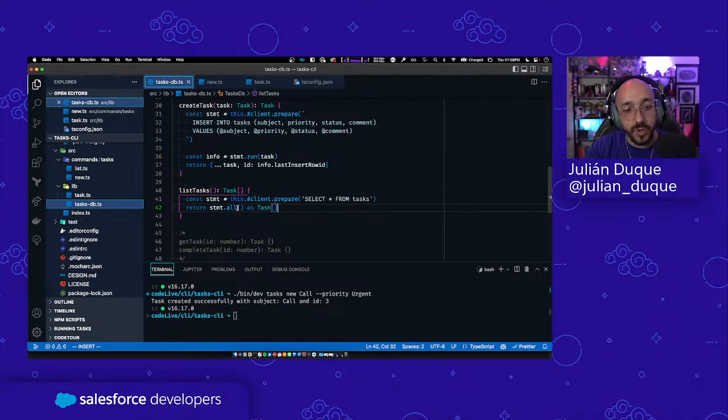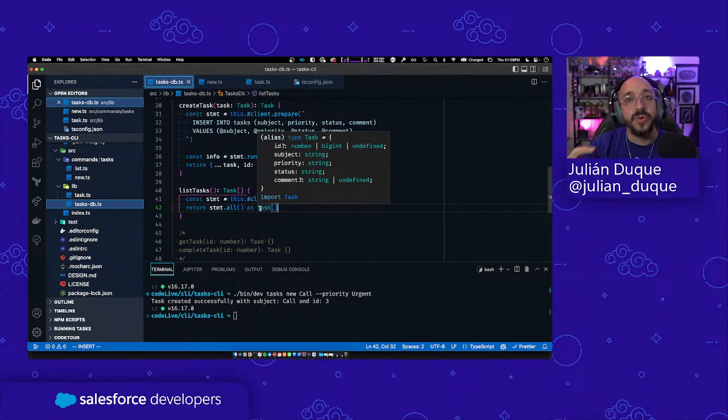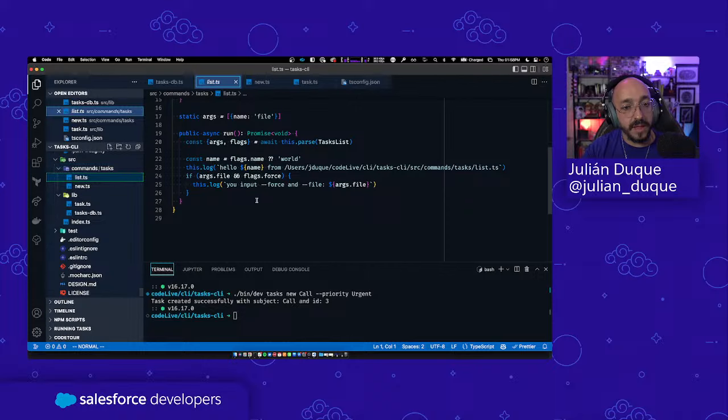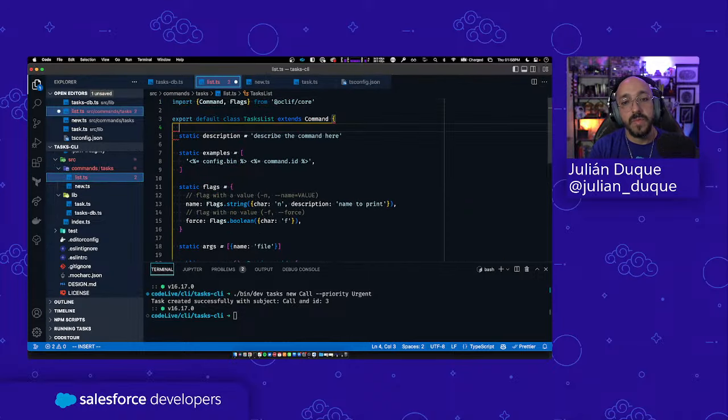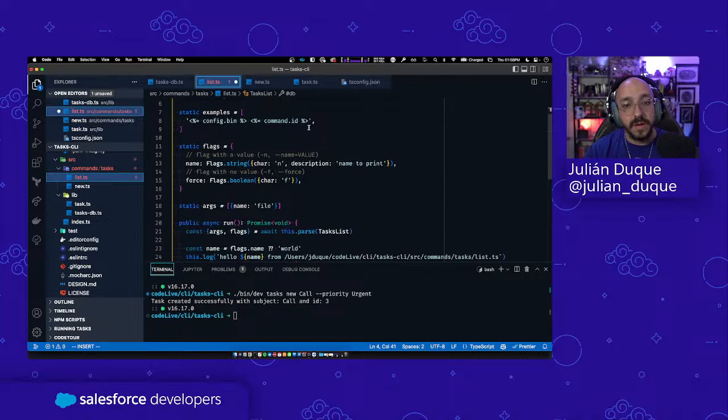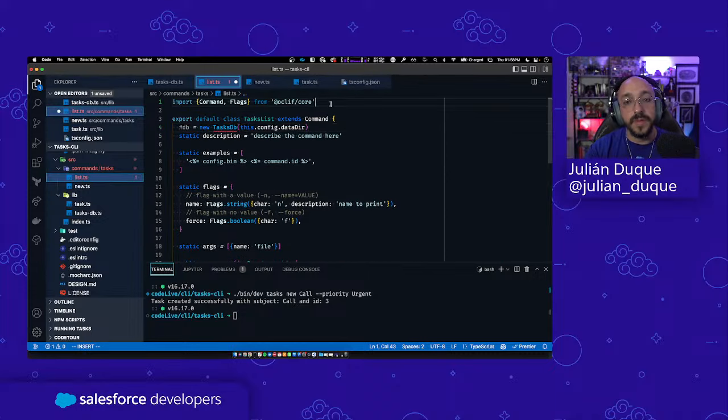Instead of returning the any type or the type that the all method returns, it will return those as a task. So we have the proper object to read information. And then on my list command, I can access pretty much my database with the data there. So I need to perform the import